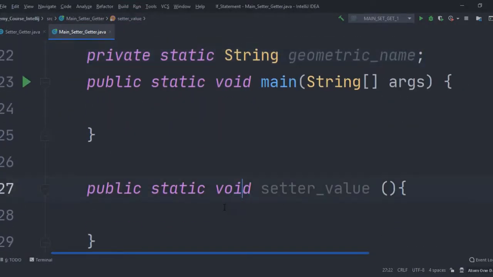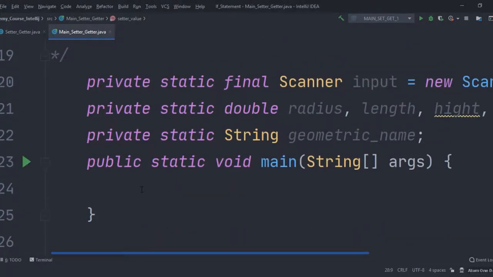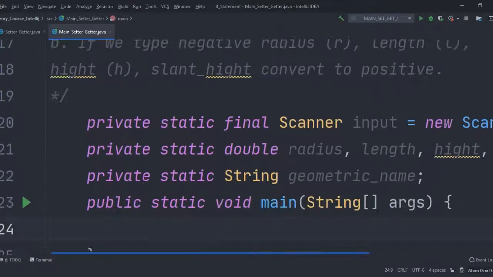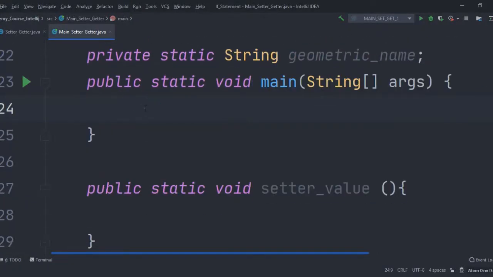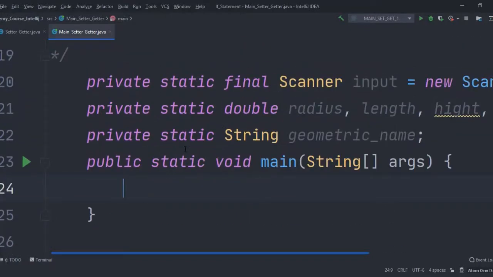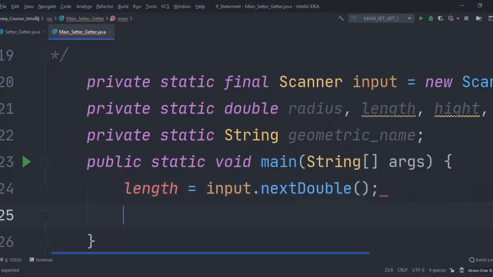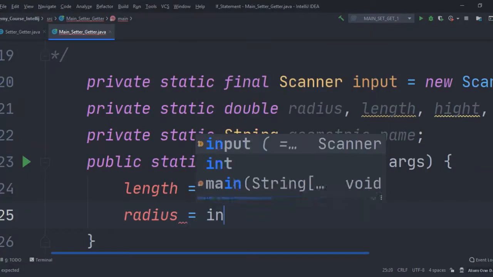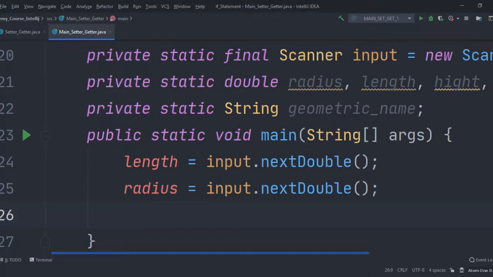And now here you can define the input value. Length input from scanner. Next, read this value. Radius input, read this value. It's what was length, radius,